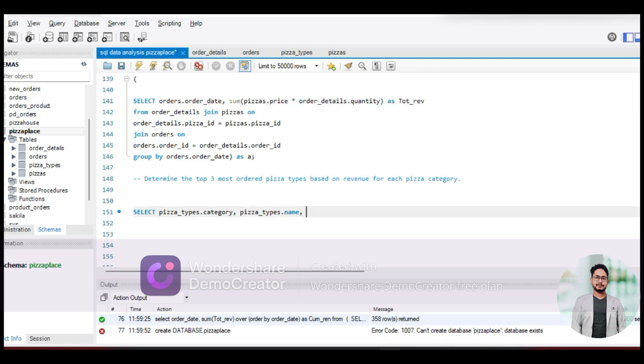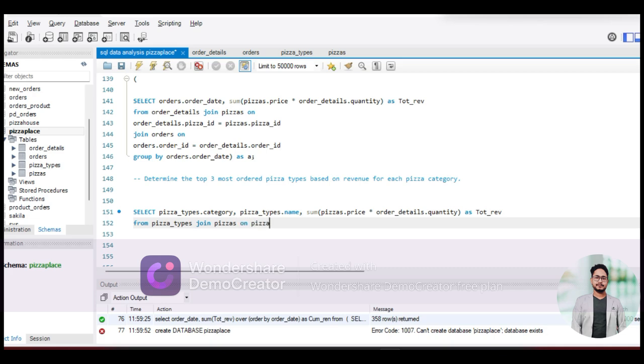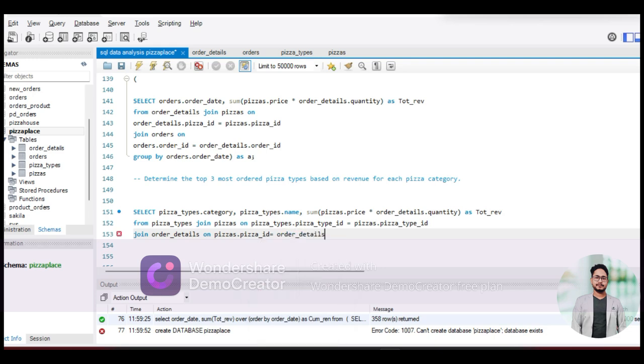Let's copy paste it here as total revenue, and from pizza types join pizzas on pizza types dot pizza type id equal to pizzas dot pizza type id, and join this to order details on pizzas dot pizza id equal to order details dot pizza id. So we have joined,